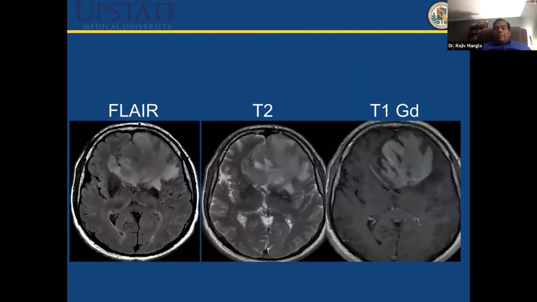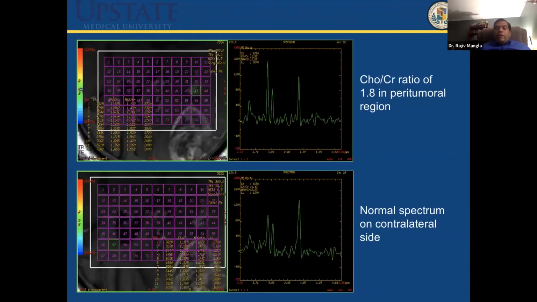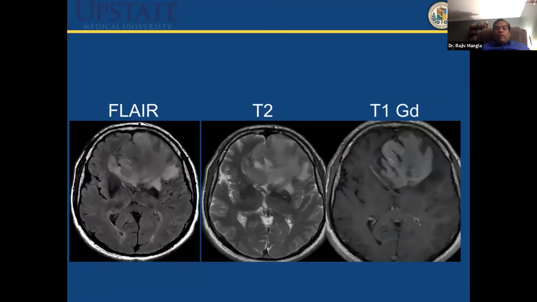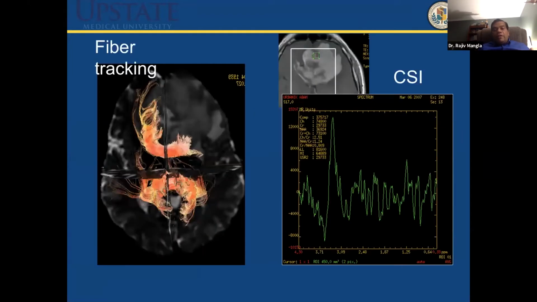So by studying the peritumoral area, on perfusion or spectroscopy, we can tell whether the margins are infiltrative or not infiltrative. So this has a very good value. I will show you another example of how identifying tumor margins we can help with this advanced imaging. This is another example, like, we have